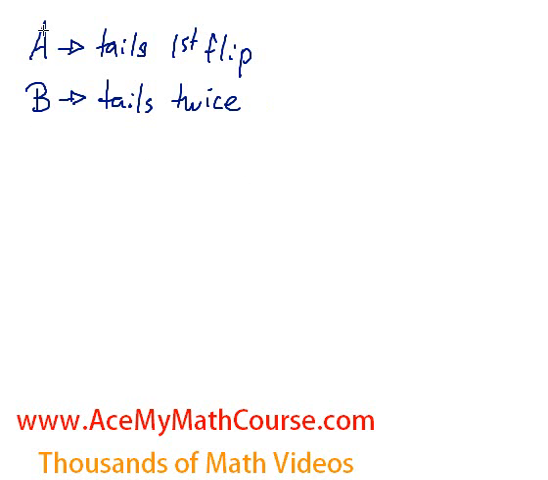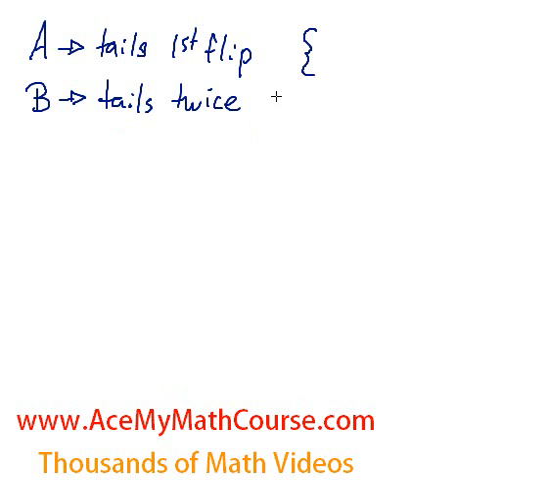So are events A and B independent? We're flipping two coins, and event A represents obtaining tails on the first flip. Event B represents obtaining tails on both flips, so tails twice. And for this question, I'm actually going to use the sample space